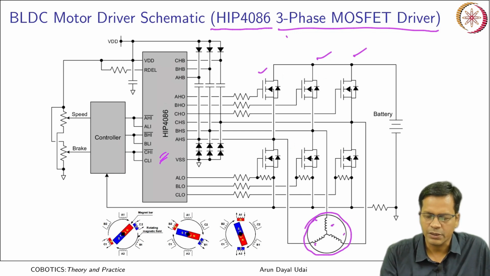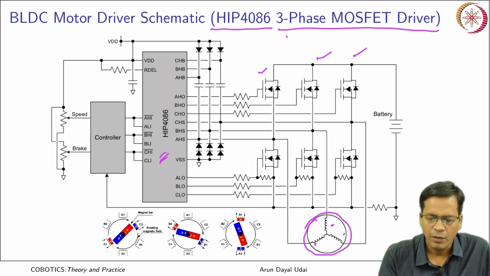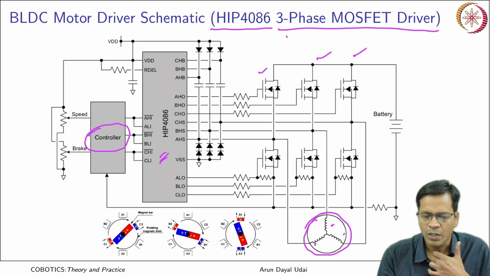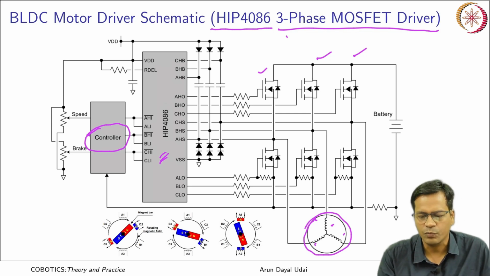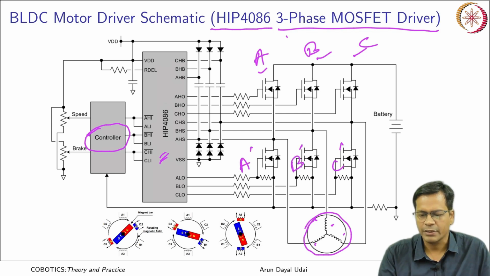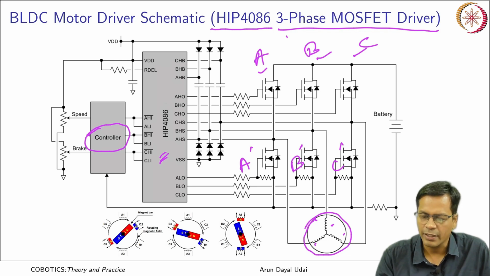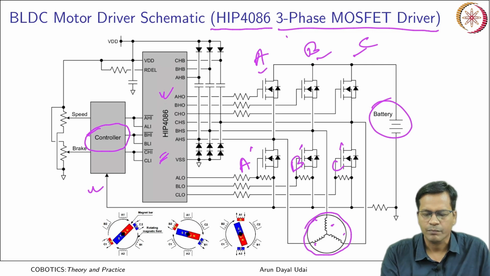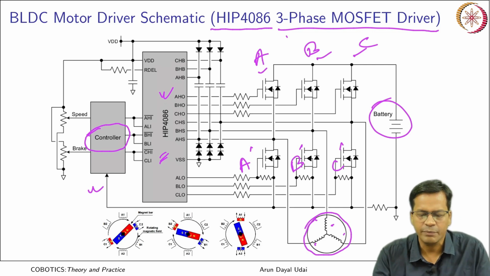Okay, these are the coils which are star connected, which is shown here, and finally it is controlled by a controller which is here, that actually takes in the signals from all the Hall effects. Okay, Hall effect signals are sent to this, and the controller decides which one is to be energized, A, B or C, or A bar, B bar or C bar. Accordingly, it sends the signal. Okay, this is the external battery which is used to supply the controller as well as this chip. Okay, so this is how it is completely made. Okay, the whole of this scheme goes like this.